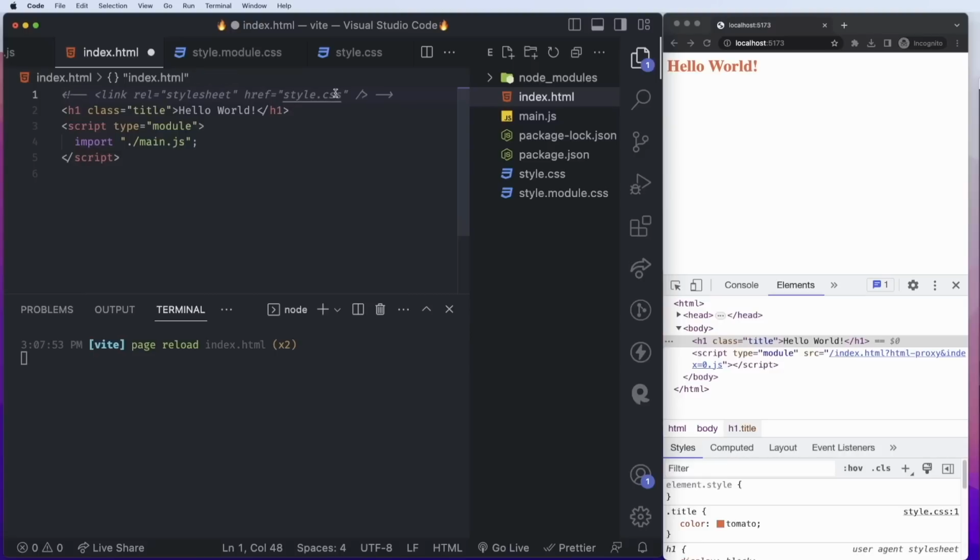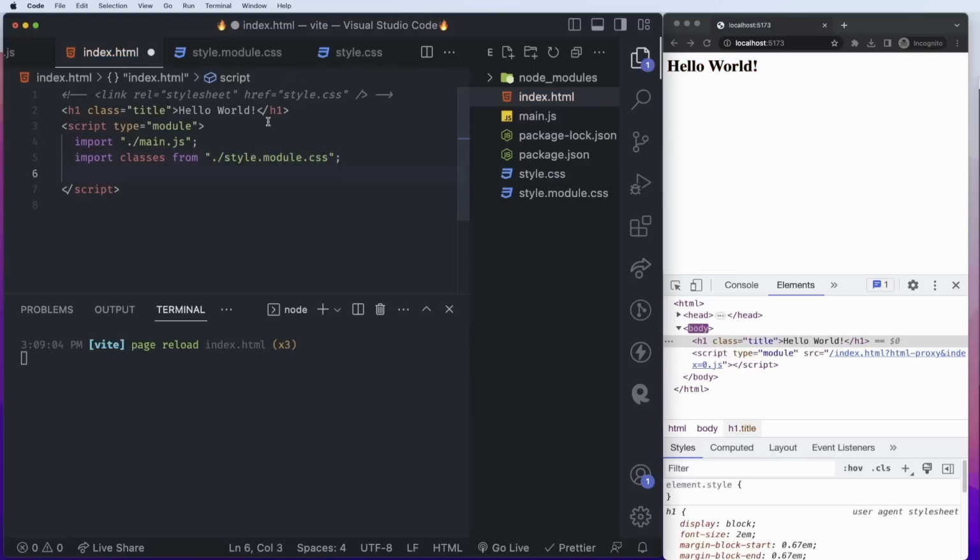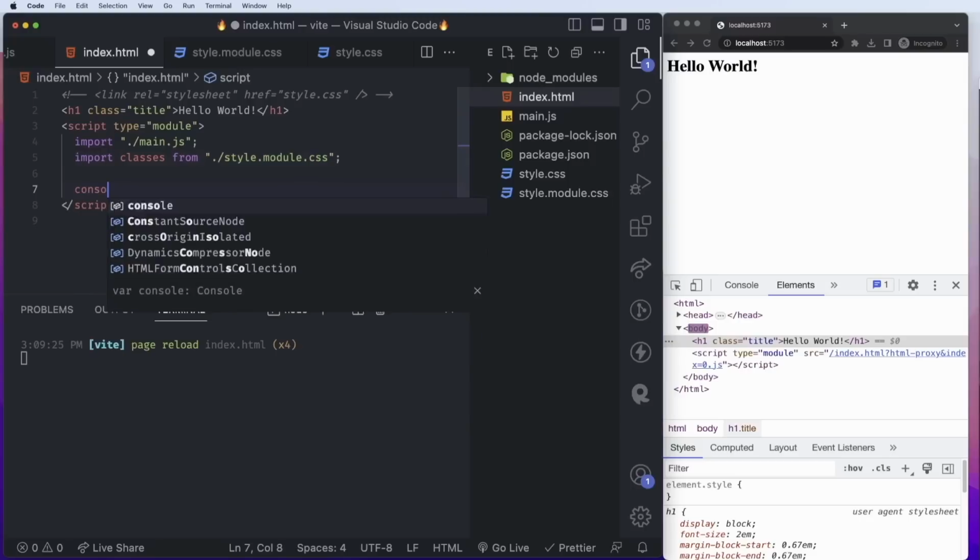So we will comment this code and then go to the JavaScript section, and here import classes from style.module.css. And keep in mind, classes is not a keyword. This could be anything depending on whatever name you want to give it. For example, I can also give it the name styling or style classes or anything. Anything works as long as it is not a reserved keyword. So with that, save this and then do console.log